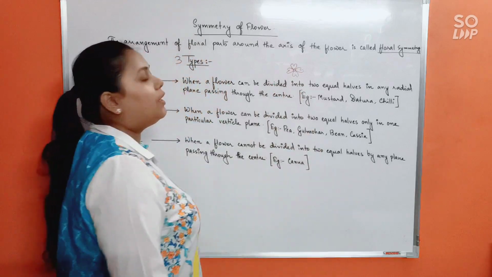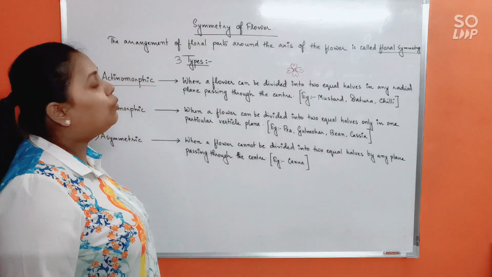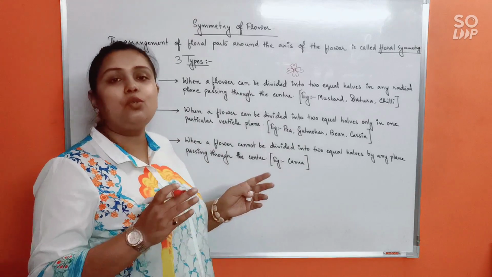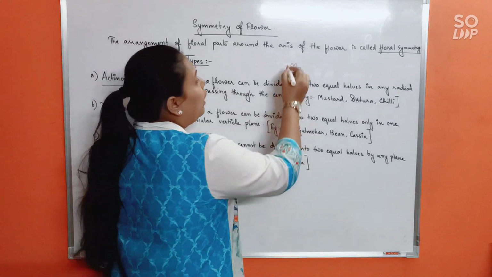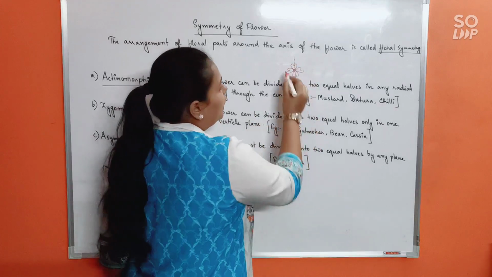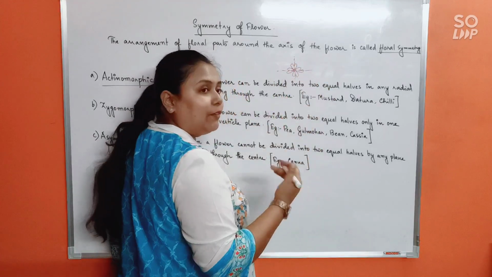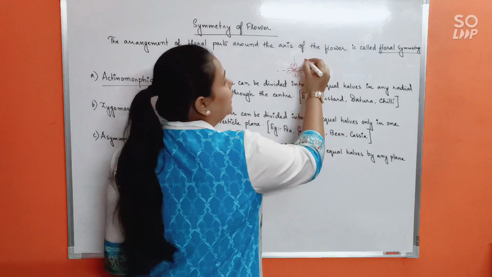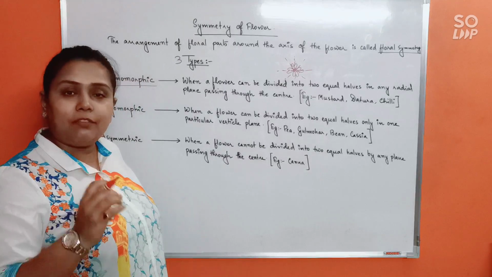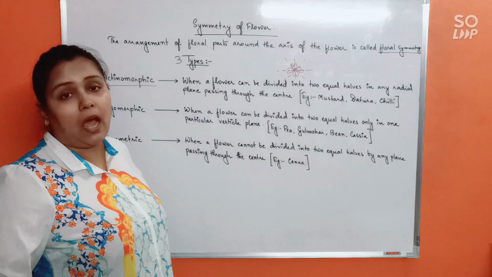okay, a circular flower, and if I ask you to divide it in a manner so that it gives rise to 2 equal halves. You can now divide it from this plane, that will give you 2 equal halves. This plane also you can divide it, that will also give rise to 2 equal halves. This plane or this plane. From multiple planes you can divide the flower into 2 equal halves, isn't it?